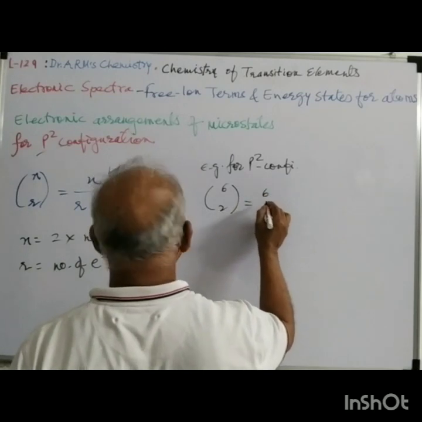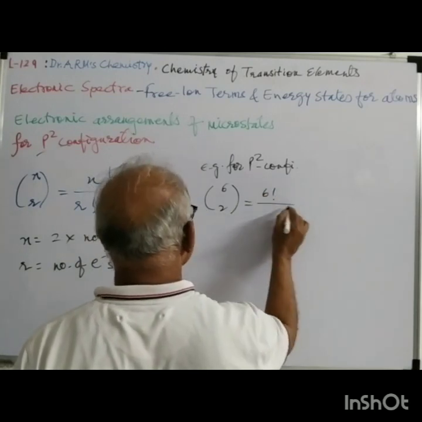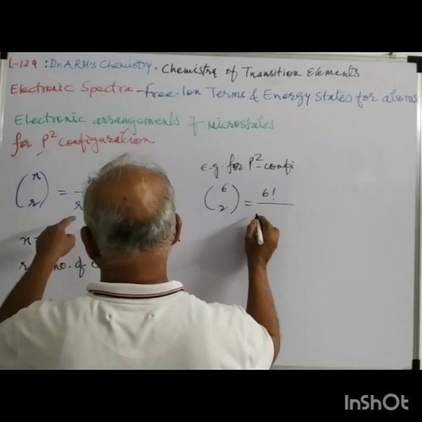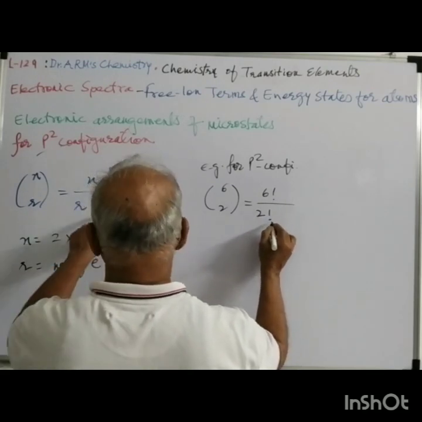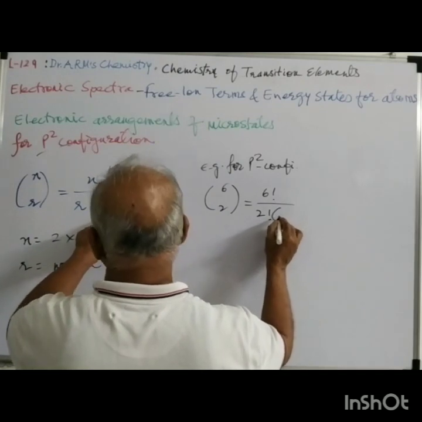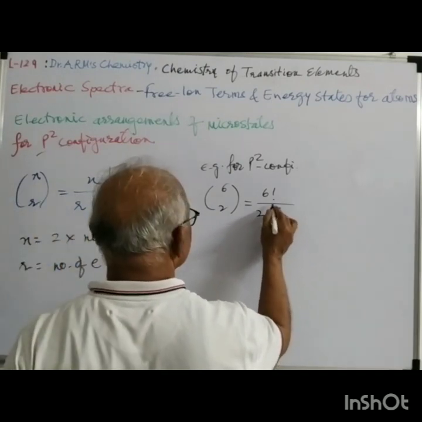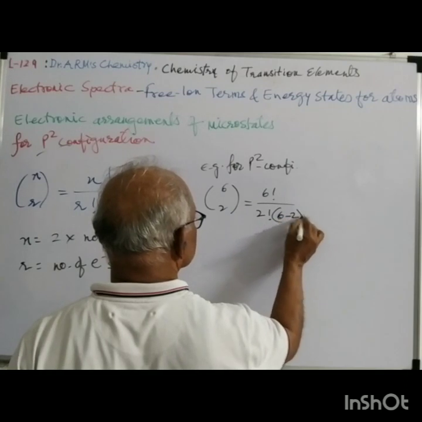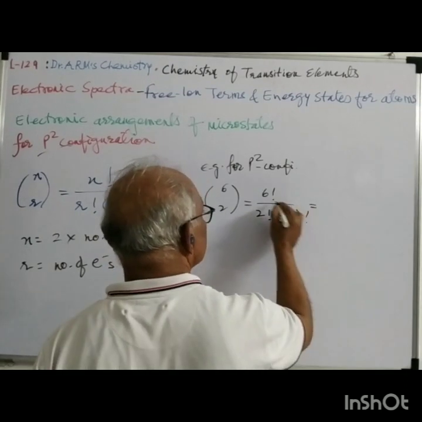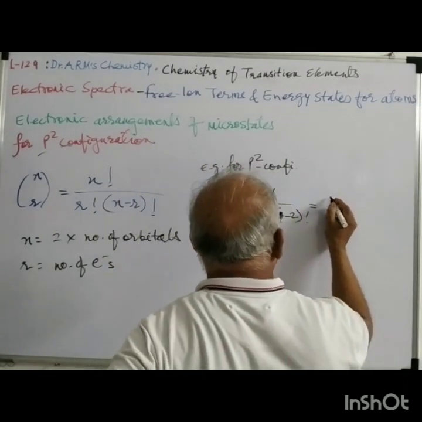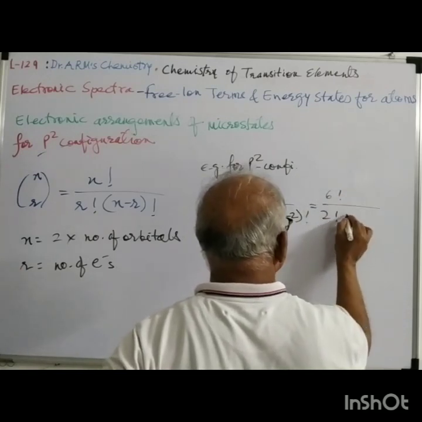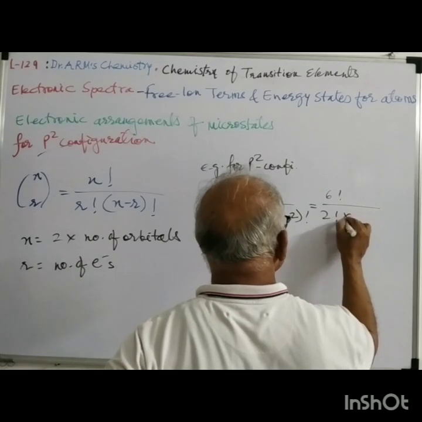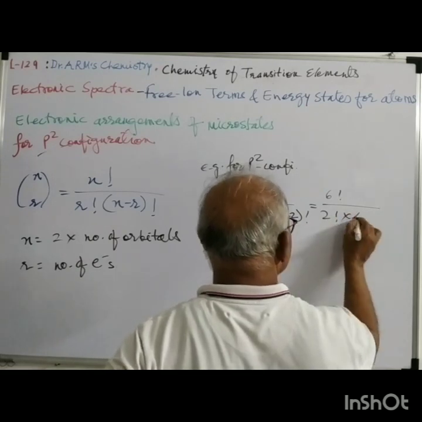The formula is factorial of 6 upon r, the number of electrons, 2 factorial, into n minus r, which means 6 minus 2 factorial. So this is equal to 6 factorial upon 2 factorial into 6 minus 2, which means 4